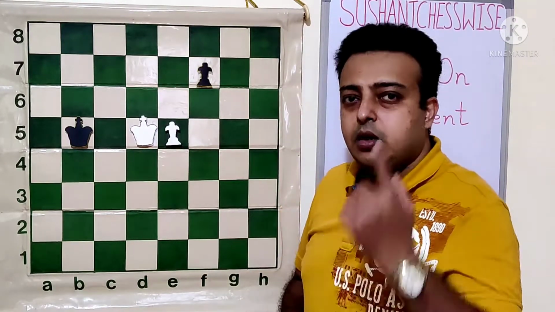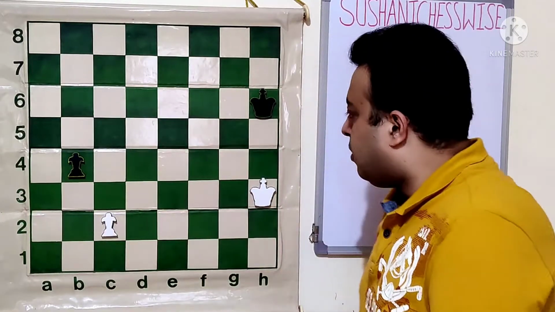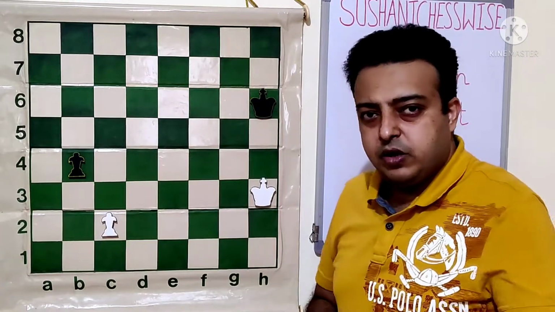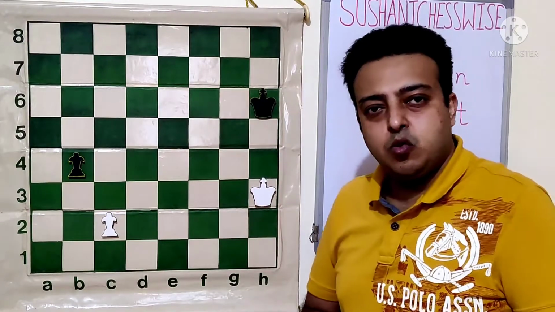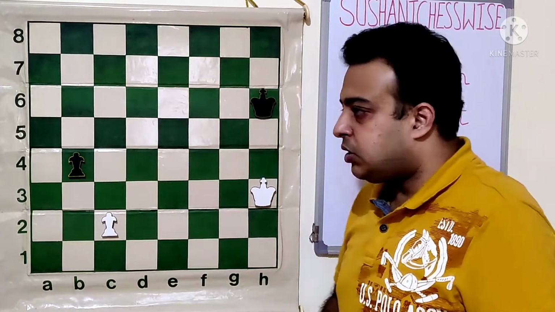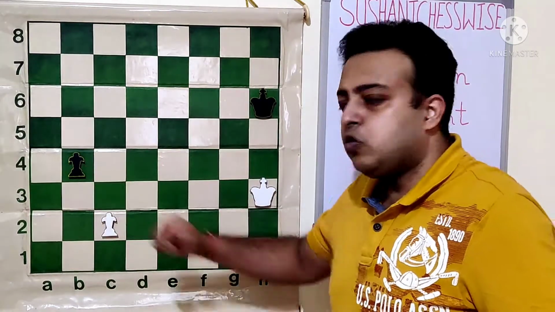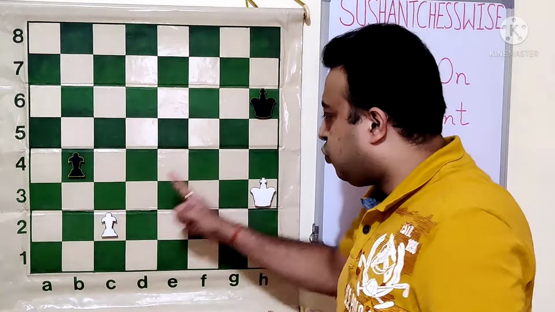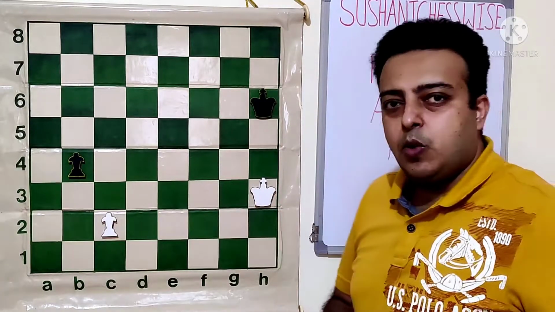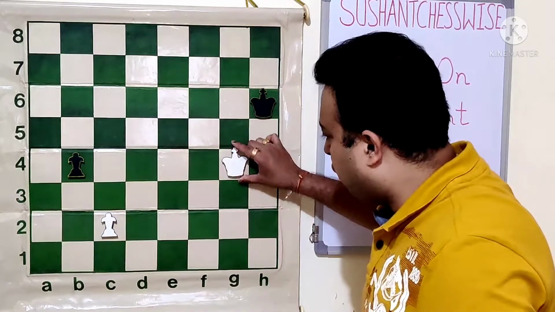So let's look at one more example. Let's look at the second position here. This position is white to play now, and we will try to figure out if white is able to win the game. As per the two rules which I told you just now, in order to hold the game, black should either be able to support his pawn or he should be able to attack the white pawn. It looks like white is able to win the game very easily by the move kg4.